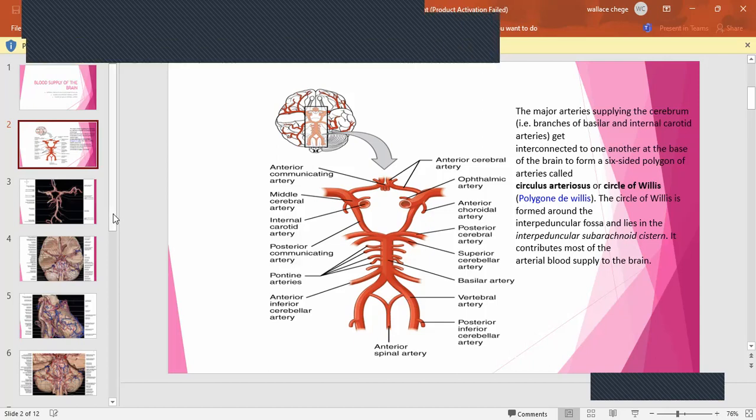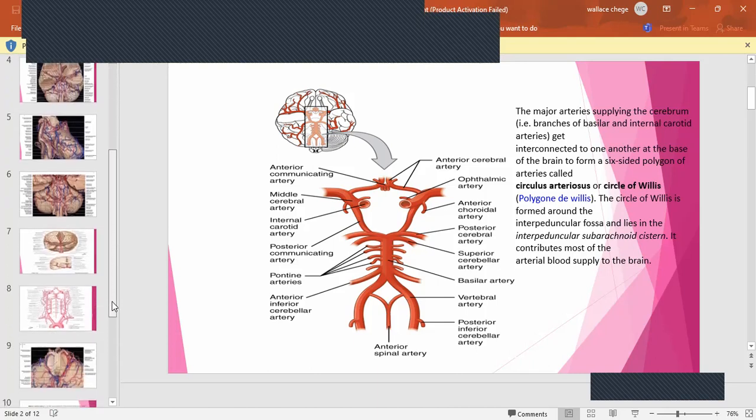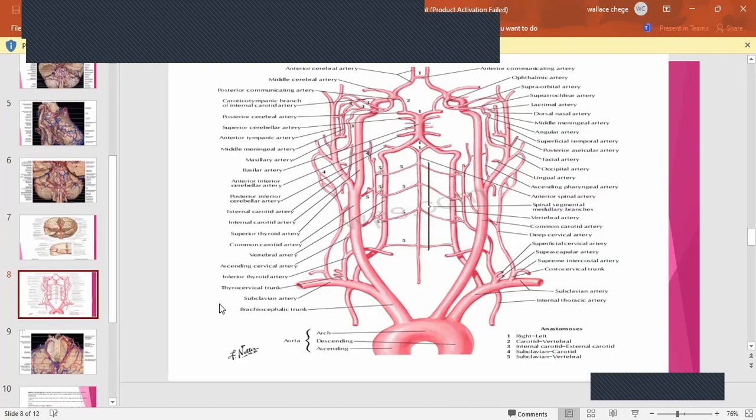Let me, for those who have forgotten, show you the origin of the vertebral artery. Remember, the vertebral artery originates from the subclavian artery. So this is the arch of the aorta over here. I hope you can see it. Here we have the brachiocephalic trunk. The brachiocephalic trunk gives off the right subclavian artery and the right common carotid artery. Then also from the arch of the aorta, we have the left common carotid artery and the left